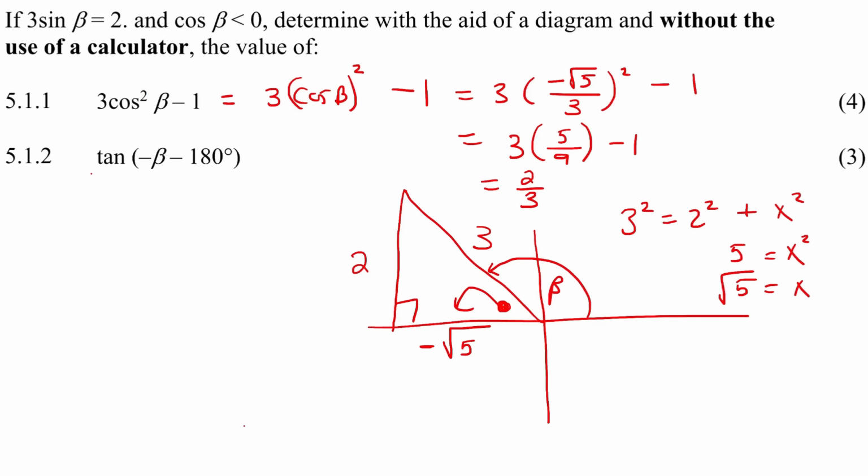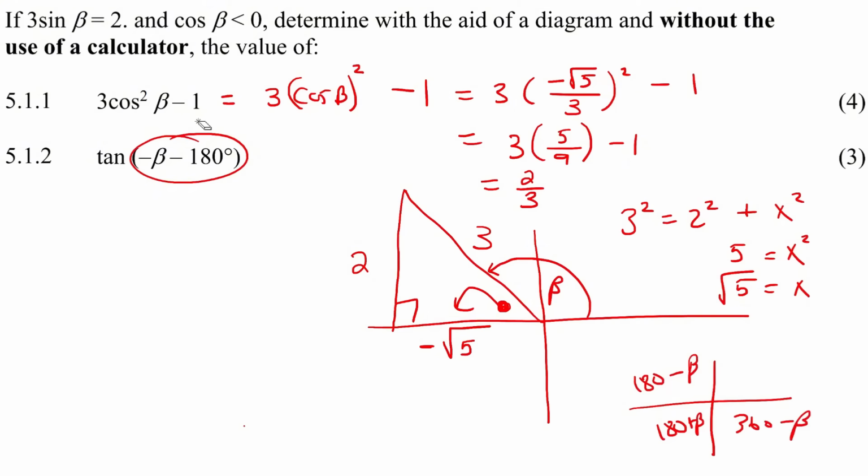Okay, now with this next one, remember that this does not look like anything on the cast diagram. On the cast diagram, we get 180 minus beta, 180 plus, and 360 minus. This does not look like that. And no, you can't take a negative out as a common factor when it's an angle. So what has Kevin told you guys to do? Well, I've always said if it doesn't look like anything on the cast diagram, you're either going to have to add or subtract 360. I'm going to add 360 because if I subtract, then this will go all the way